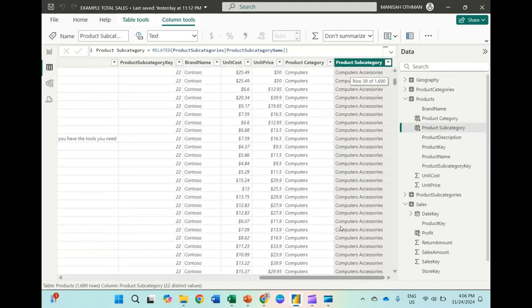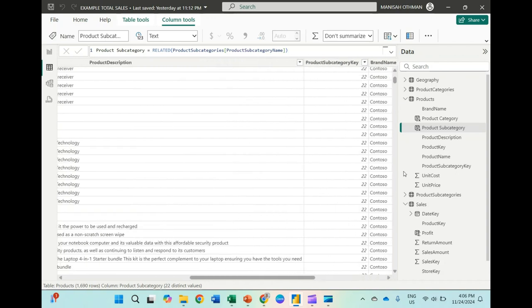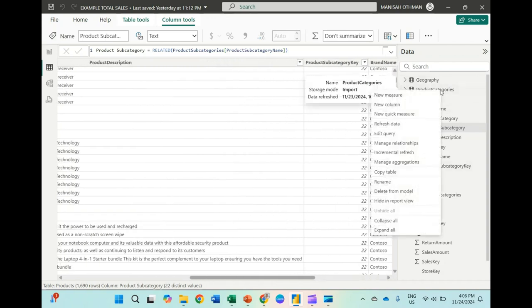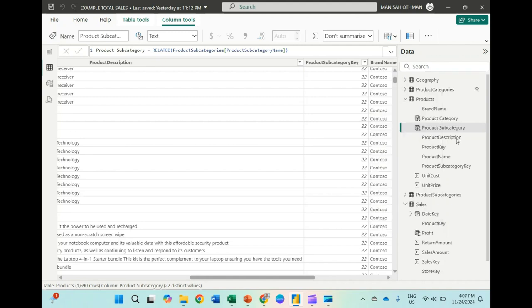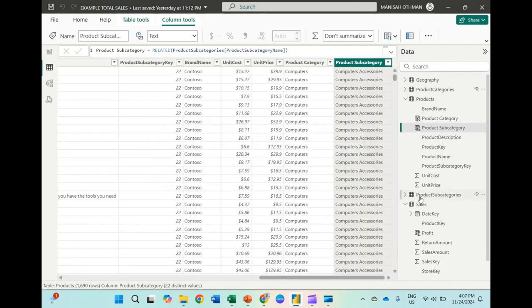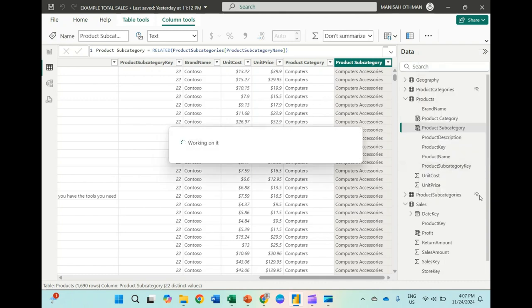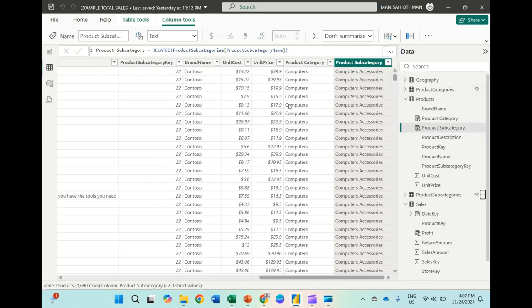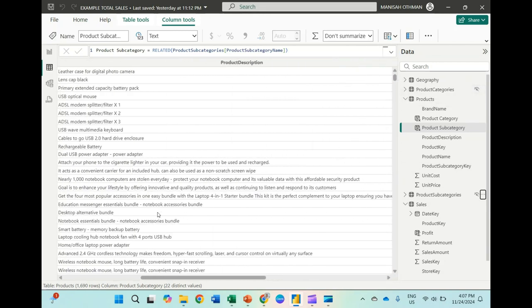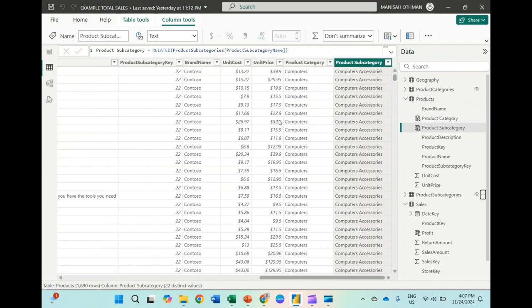Okay, right? Same in Excel, isn't it? Okay, but I think it's easier. Okay, so if you want to hide product subcategory, you cannot delete. Okay, because we did not copy, we created related. So if you delete, then automatically that related will also be deleted. Okay, so you can hide in report view. Product category and product subcategory also you can hide in the report view. Okay, you can see now it's a hide symbol. Okay. All right. So this is how you can create a new column.